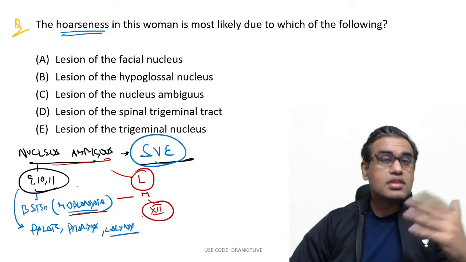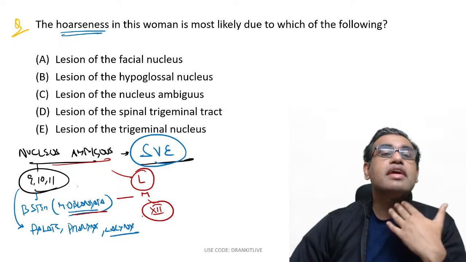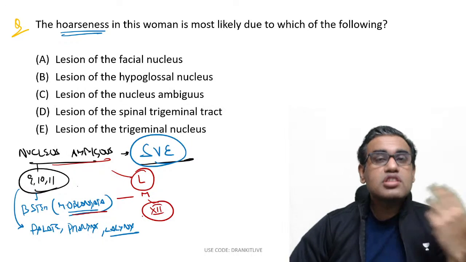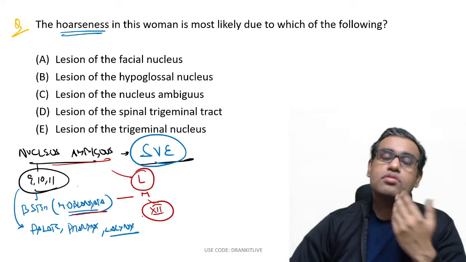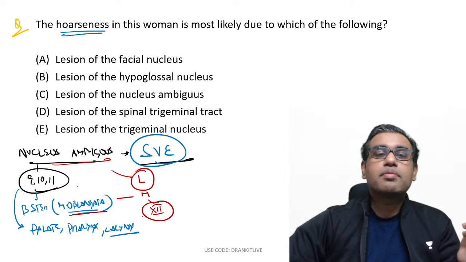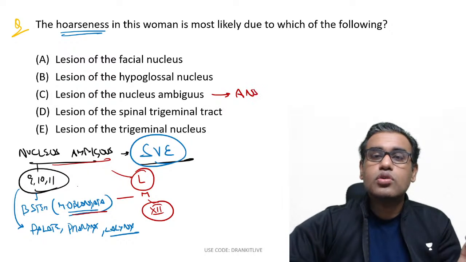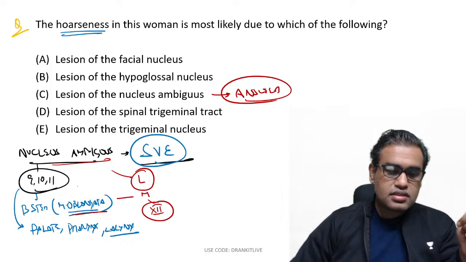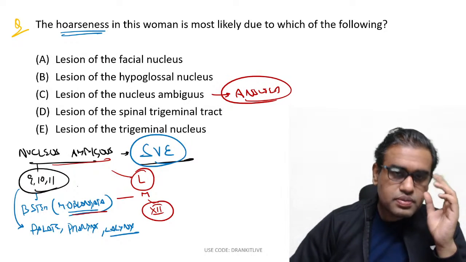Pharyngeal arches also give rise to muscles, the muscles of the palate, pharynx and larynx. Obviously that helps you in speaking. The palate, pharynx and larynx, all of these three structures help in speaking. So if these are having a problem, the lady will obviously have hoarseness of the voice. Hence the answer is this. Yes, Anjali, very good. Special visceral efferent.